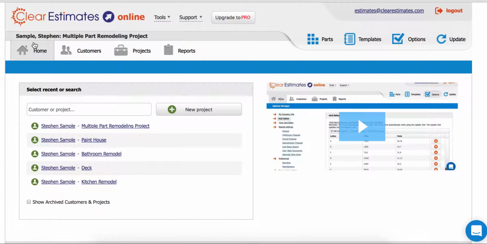So again, the home page is where we're going to begin every time we log into the program. You're going to see your most recent estimates here. So as you begin to build them, they're going to display right here. You can search for your customers and projects right here, and we can begin a brand new estimate by clicking